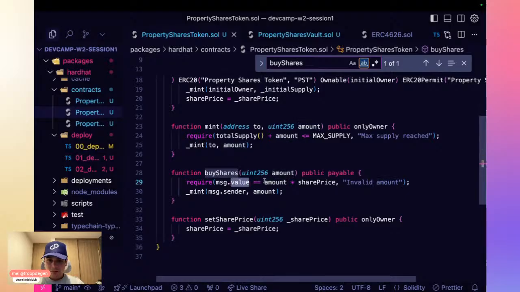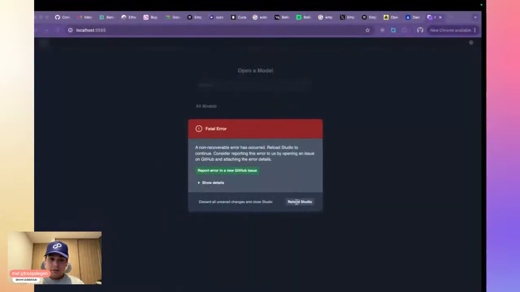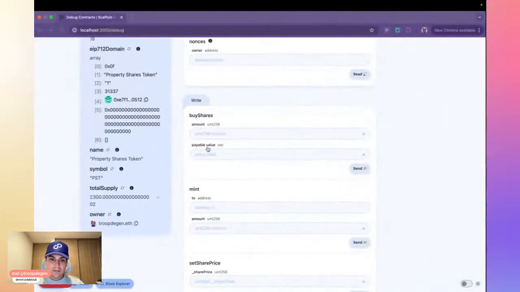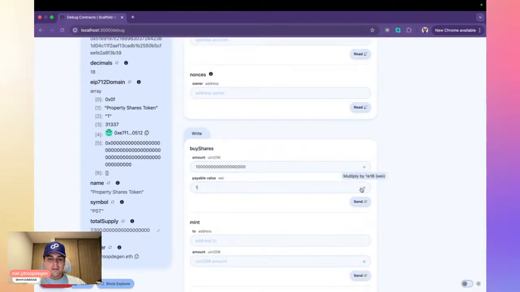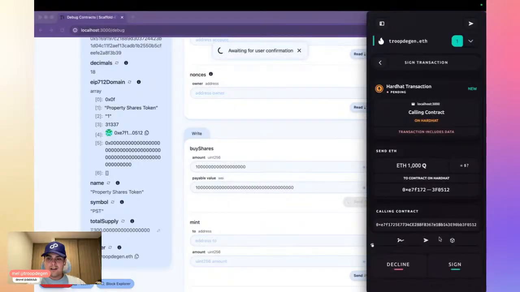The value, the share price is 1 ether times the amount. 1 ether times the amount. So I will need to pay... Nah, this is insane. I mean, now it's working, but it's asking me 1,000 ETH.